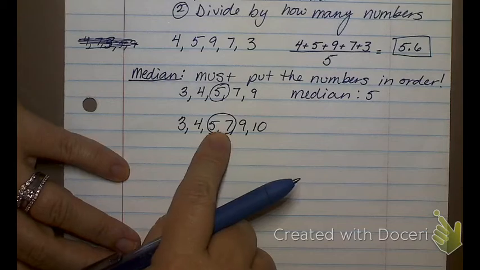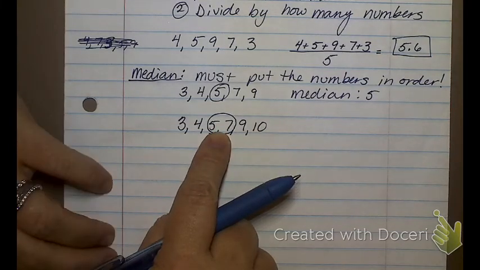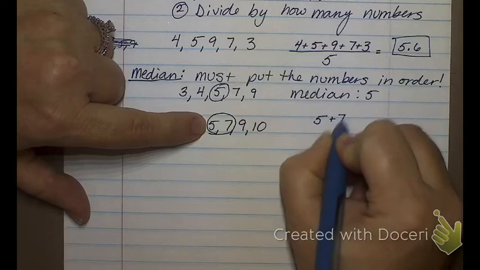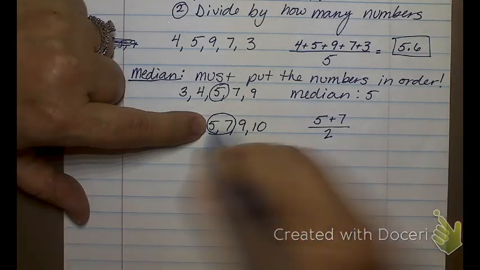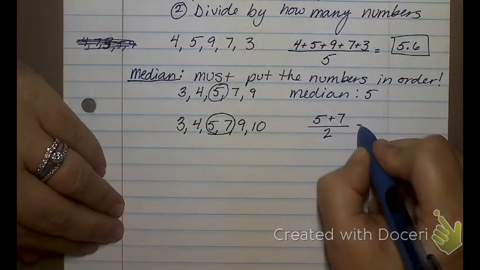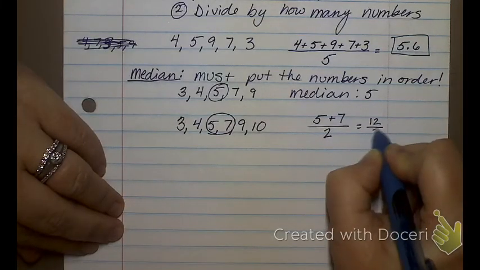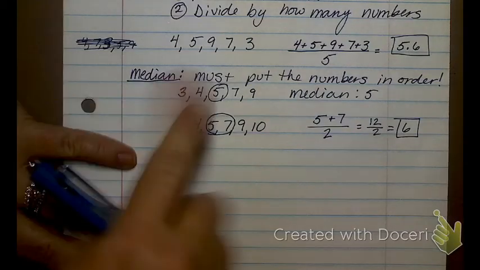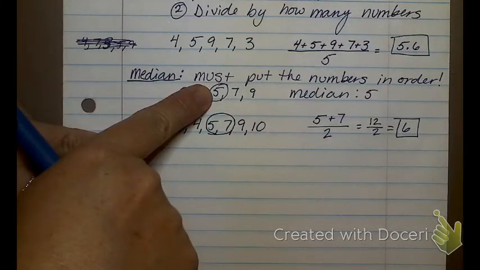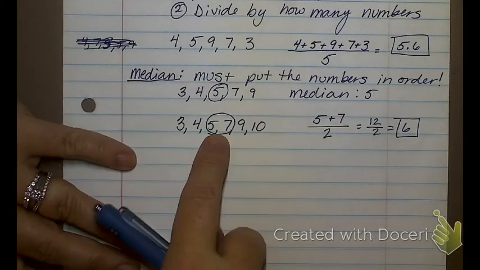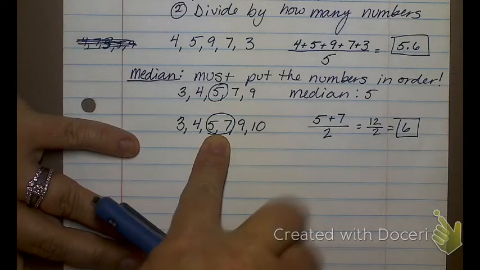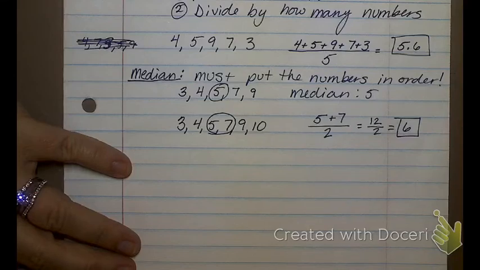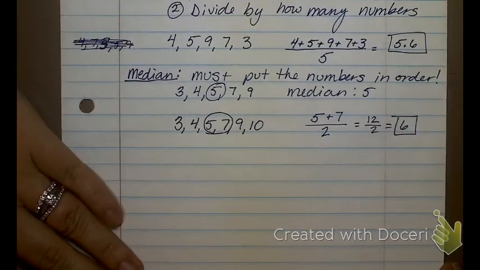So I can see that halfway between 5 and 7 is going to be 6. If I did it by finding the mean, because maybe it's not easy all the time to see that, I take 2 numbers, divide them by 2. 5 plus 7 is 12 divided by 2. That also gets me a median of 6. So these are your only 2 circumstances. Either you'll have a median that's easy to pick out, or you'll have 2 numbers and you need to find what's halfway between, or find the mean of those 2 numbers. Does that make sense? Okay.